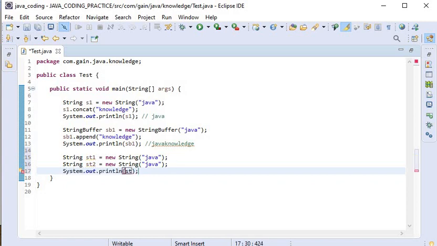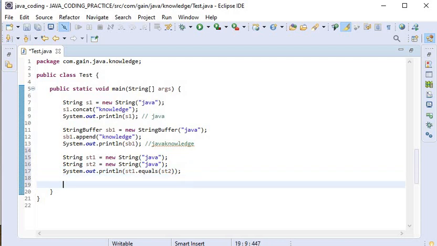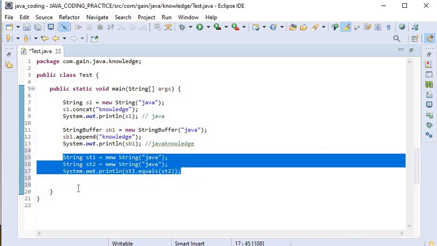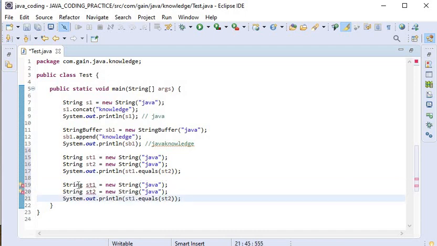So I will use the equals method and pass st2 as a parameter. As we know, the String class equals method is used for content comparison, and StringBuffer class has not overridden the equals method, so it is used for reference comparison, because the StringBuffer class uses the equals method of the Object class.